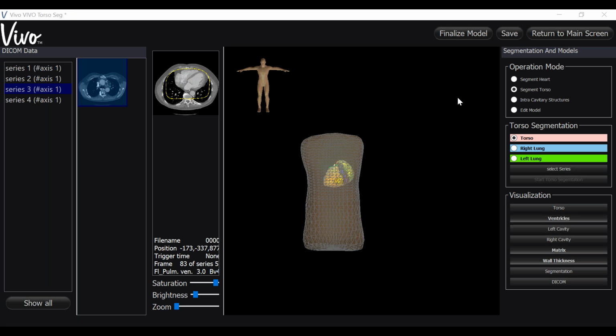If torso segmentation does not successfully complete, you will receive a message indicating that you may try again or segment manually. The easiest way to proceed is to segment manually. The reason it doesn't segment is usually because the scan does not meet certain requirements within the VIVO system. To manually segment your model, under Operation Mode, select Edit Model,